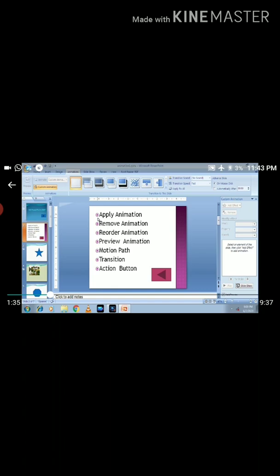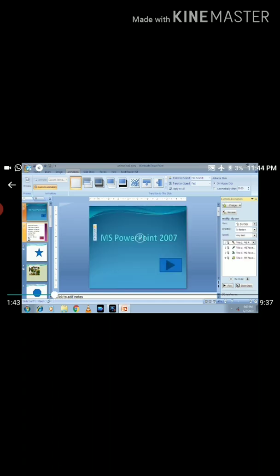Apply animation. Children, you can apply a single animation effect to an object, or you can apply more than one effect to an object. Here is a slide in MS PowerPoint 2007. I have applied 4 animation effects to this slide.